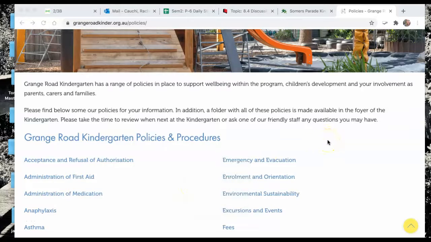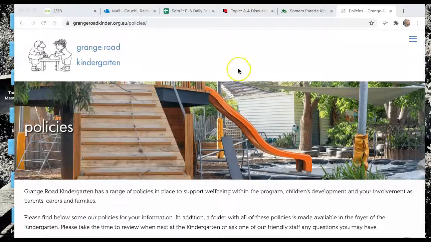All right, as a part of week 8, we are having a look at policies, and I wanted to connect this back to our assignment. So, our assignment is to write our own policy, and the best thing that you could be doing with your group at the moment is Googling around lots of different kinders and lots of different childcares to find examples of policies. So, have a think about maybe childcares or kinders in your area,